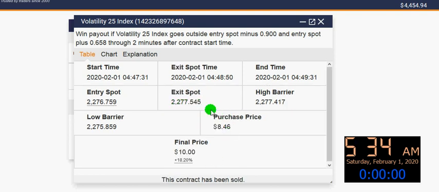You can see we won that trade again because our exit spot was 277.545, while the high barrier we set was 277.417. So we won all the trades. As you can see, the strategy is